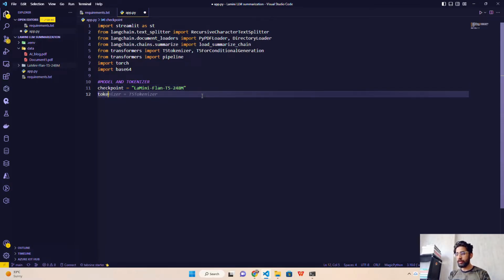So let's have a variable called tokenizer. In this tokenizer, we'll use T5Tokenizer.from_pretrained. Pretty much straightforward if you have worked with Hugging Face models. So from_pretrained, we are saying, okay, go to the T5Tokenizer class, and from pretrained load that. So checkpoint,